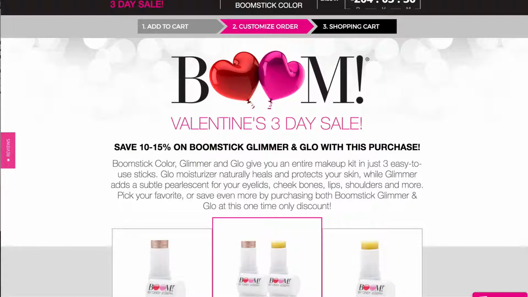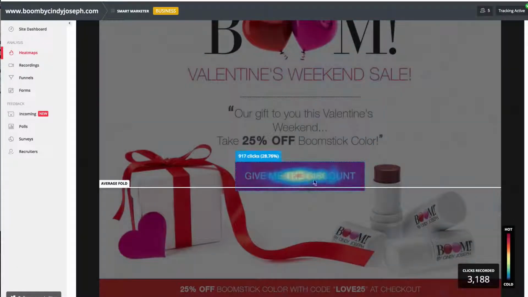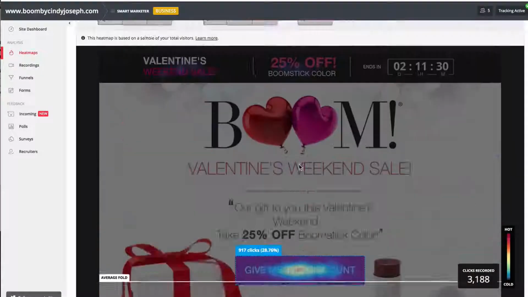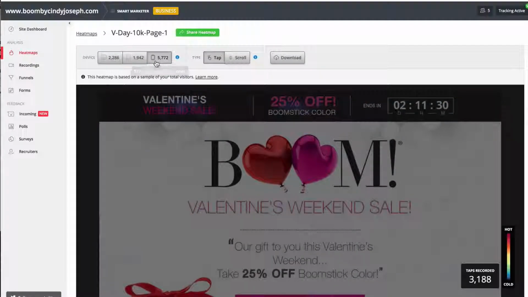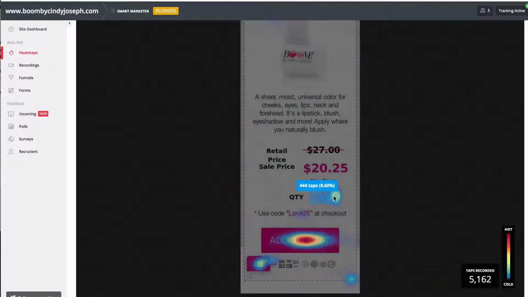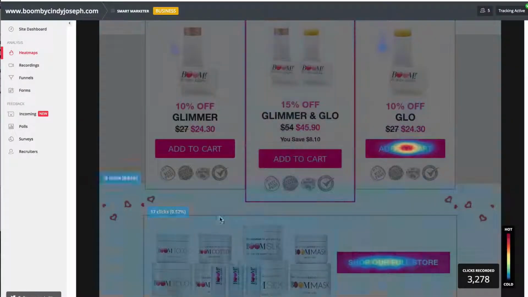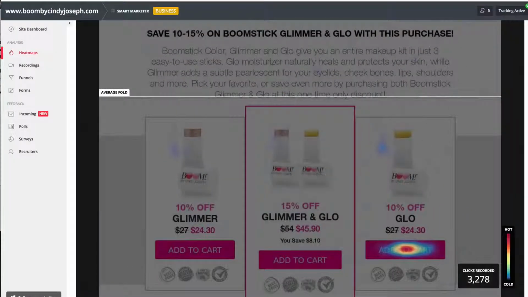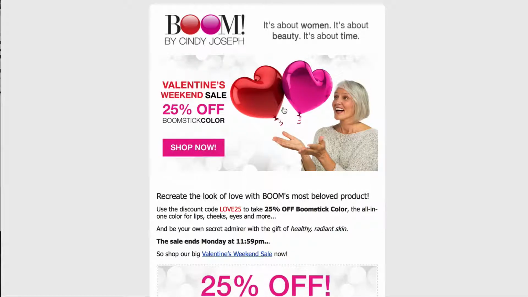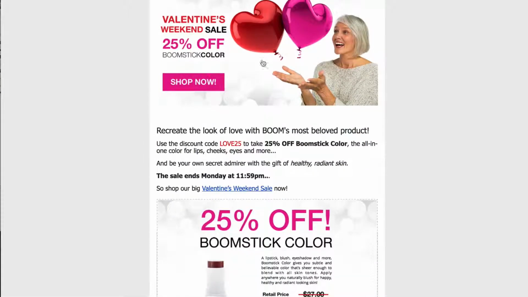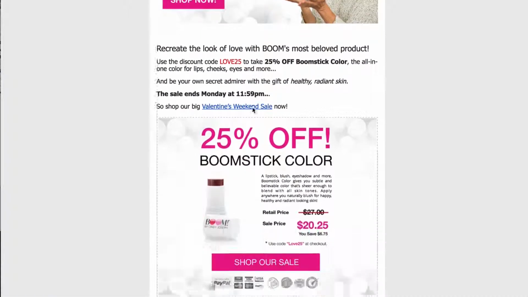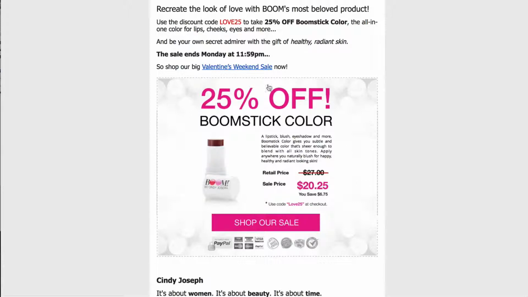But when we look at the heat maps of this sale, what we can see is that there was a ton of activity on the main call to action button on desktop. A very straightforward and effective page where people are engaging with the quantity selector, engaging with the call to action button, and engaging with the pre-purchase order bumps. And when we look at the emails that we sent out, you can see very similar, using thematic images in those emails, using a call to action button in the email, explaining what the sale is, using elements of the